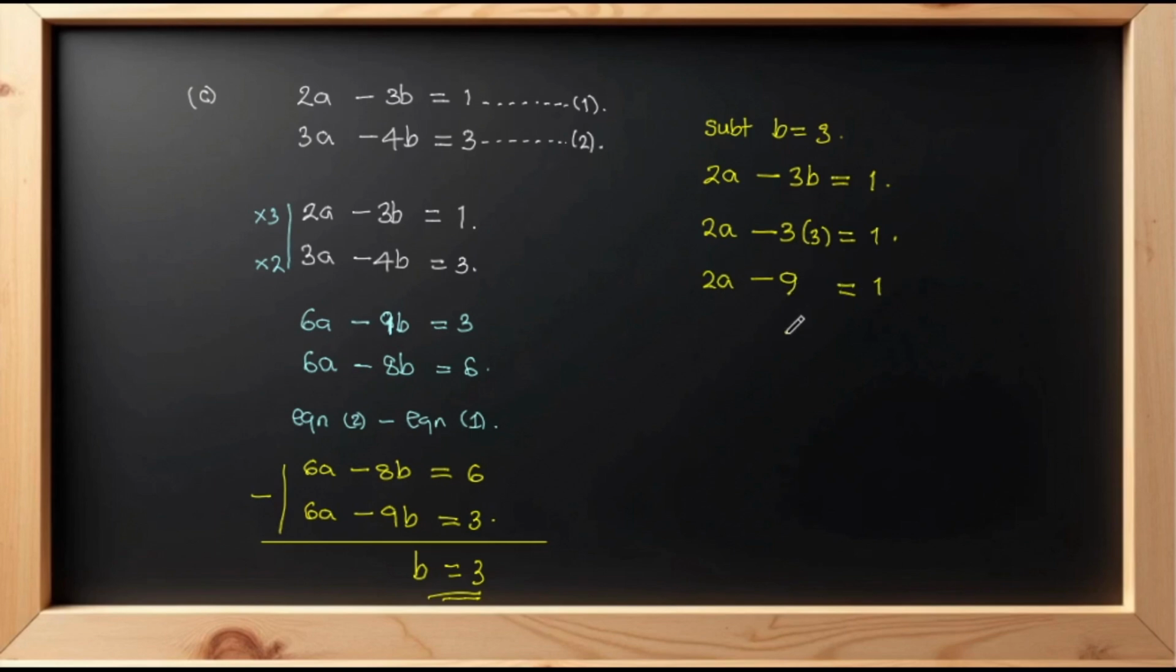So collecting like terms, we have 1 plus 9, and then summing them up results into 10 from the right hand side. Dividing both sides by 2 to get a alone. Therefore 10 divided by 2 is 5. So as the value of a is equals to 5, then the value of b should be 3,